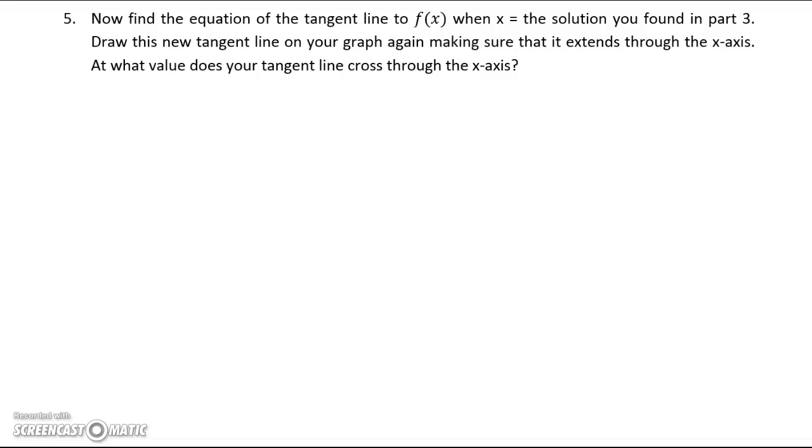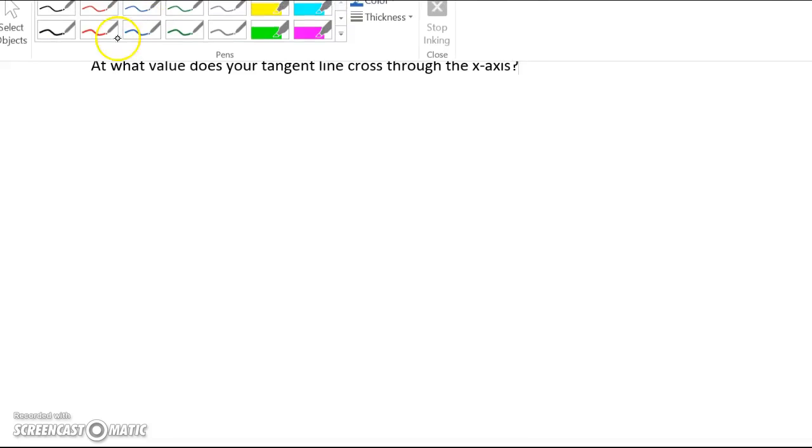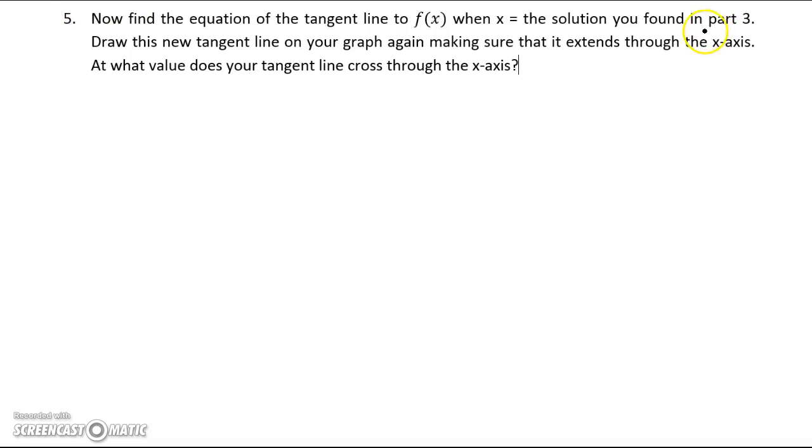The next thing that we want to do is find the equation of the tangent line to f of x when x is the solution that we found in part 3. Remember that in part 3 we found x equals 4 was our solution. Once we've done this, we will then draw the tangent line on the graph that we've made and make sure that it goes to the x-axis, and that will again become this new value that we use in our iterative